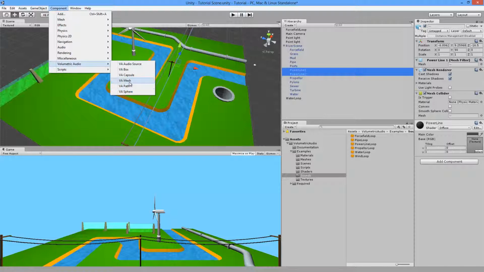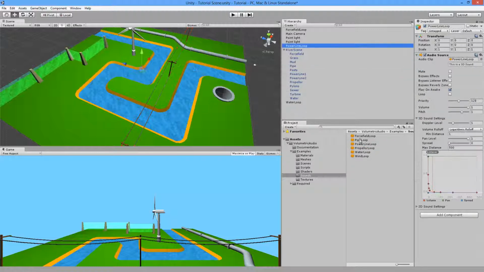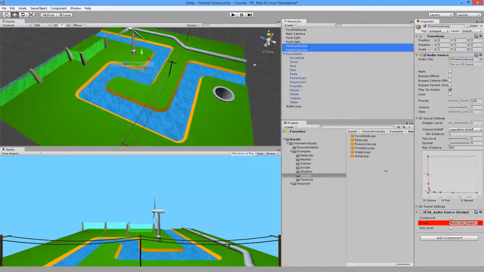Again, you can use path, but mesh is much easier. So let's drag in 2 power line sounds this time, because we want it to come from the left and the right side simultaneously. So let's select both these, go to Component, add the audio source component. Now let's select these individually, and let's just drag the shape in. So the first power line loop sound has power line 1 as the shape, and this has power line